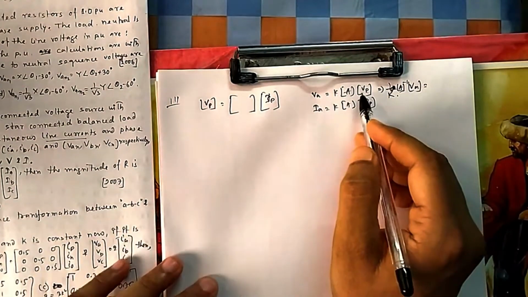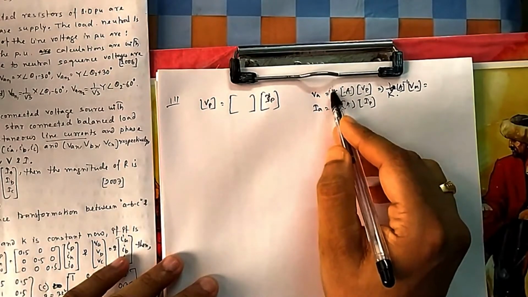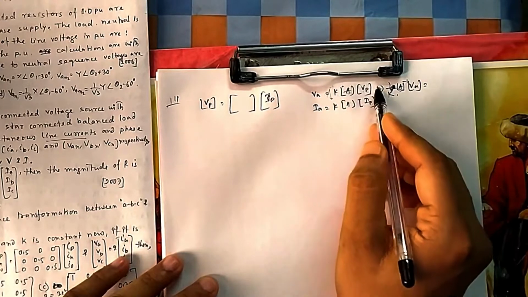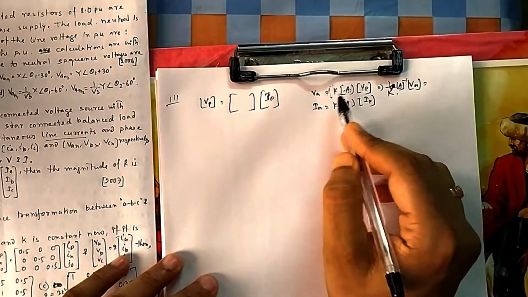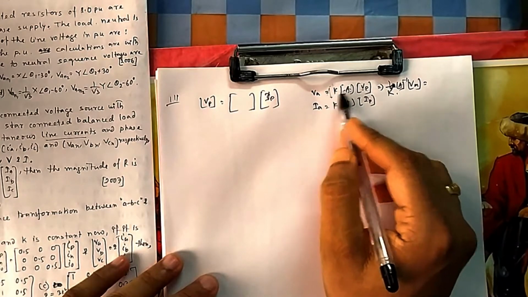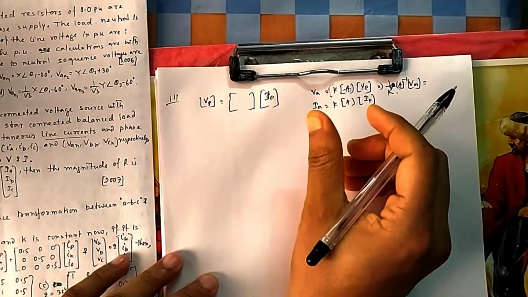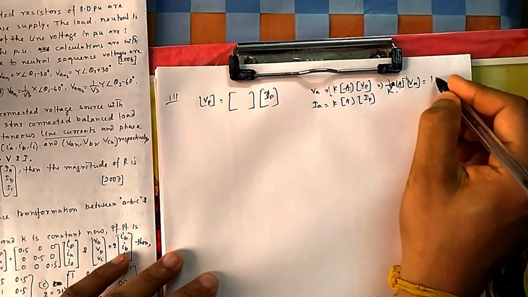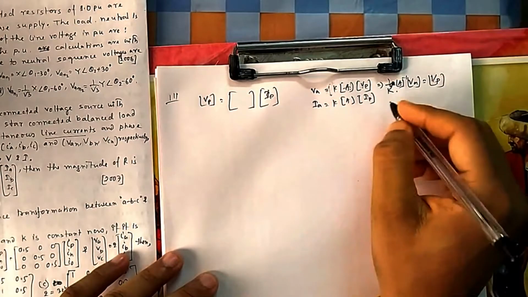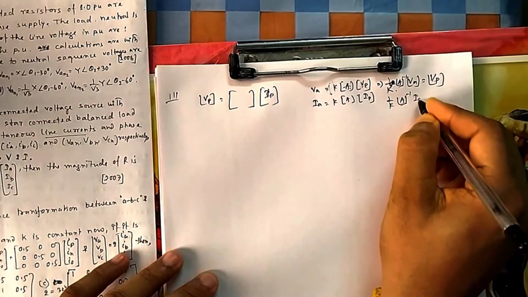For a matrix, it is important whether we are multiplying before or after. Here it is before, because you have to multiply A inverse here so that it gets cancelled. If you multiply on the other side, then these will not work because in between there is a matrix. Here it will work because K is a scalar quantity, so you can move it anywhere. So A inverse will come together and that will be I. That's why you have to pre-multiply it here. And here also you have to pre-multiply, that is 1 by K A inverse IA is equal to IP.